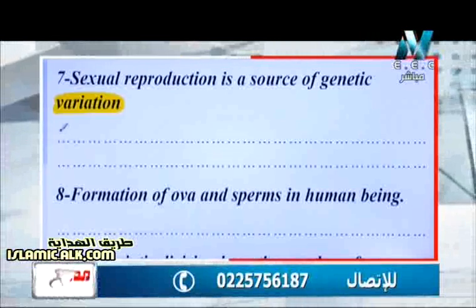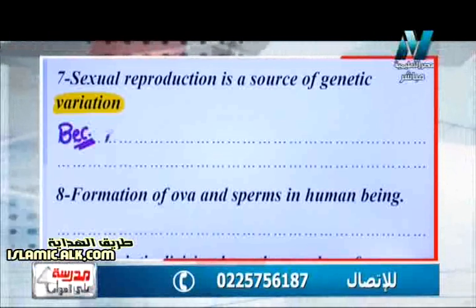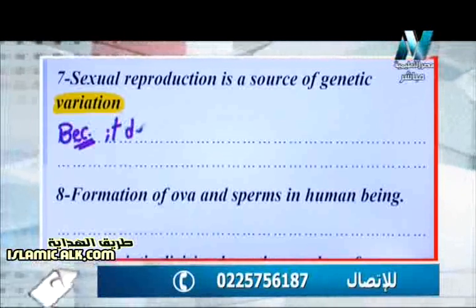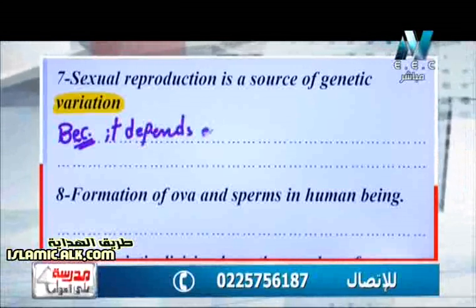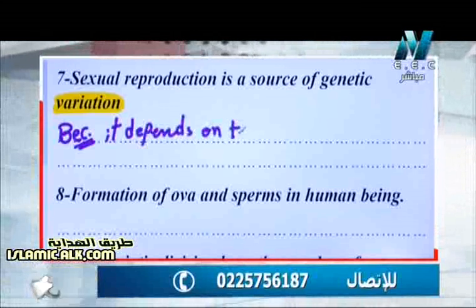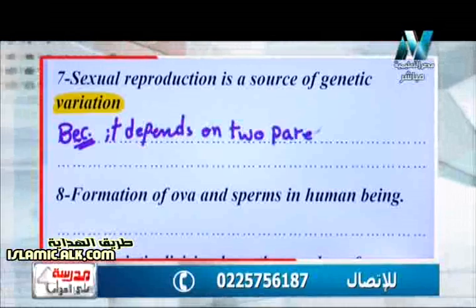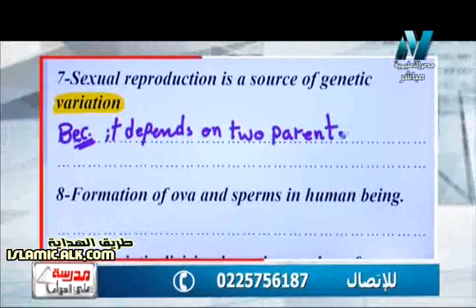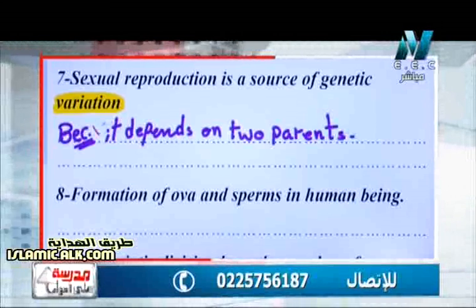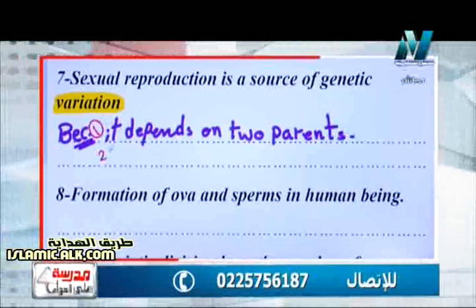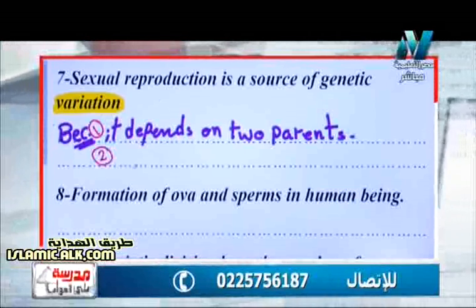Number 1 أقول له because it depends on 2 parents, male and female. Okay, two parents. Number 2 يبقى هنا قلنا reason number 1 and reason number 2 in the same answer في نفس الإجابة due to